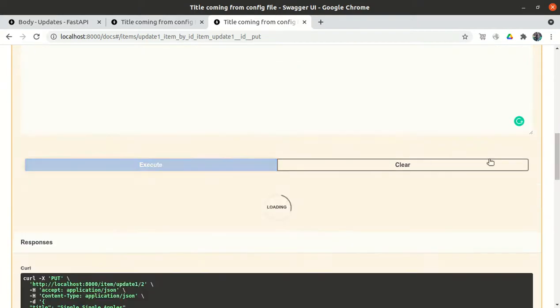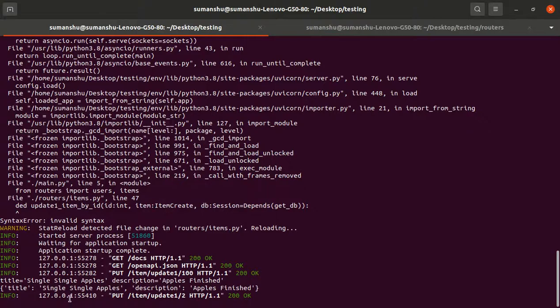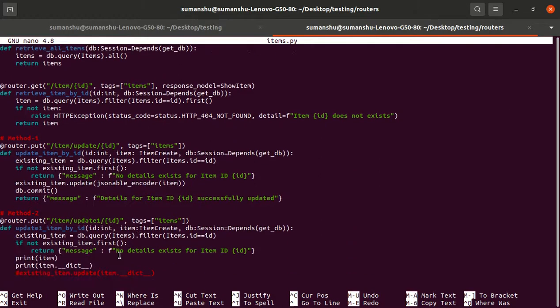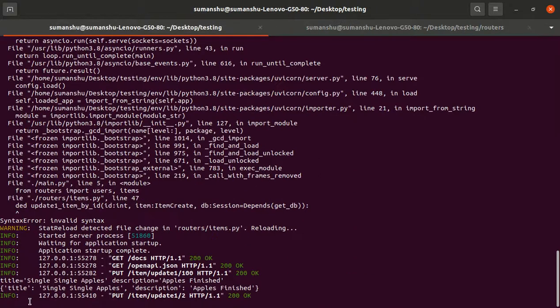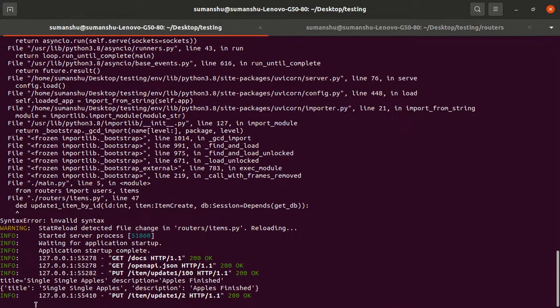If I now execute it, it will return null here, and here you can see when I print item, it returns the same thing, like title equal to single apple, description is equal to. But when I use item.__dict__, it returns the dictionary object, right?